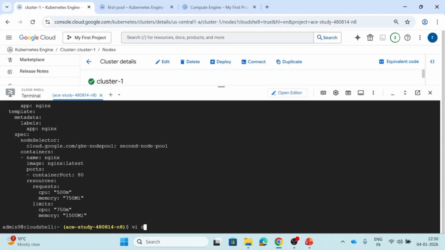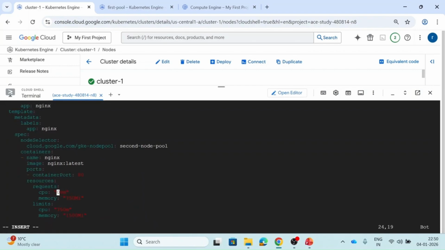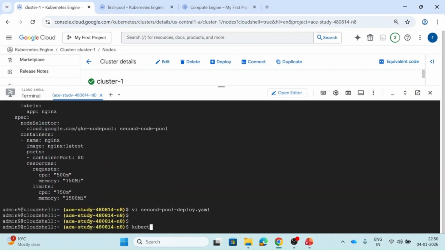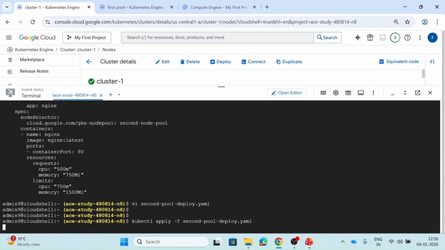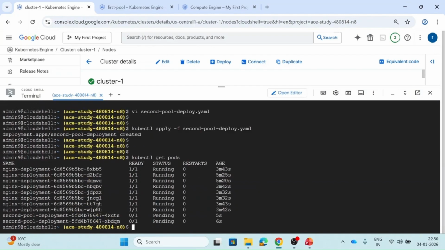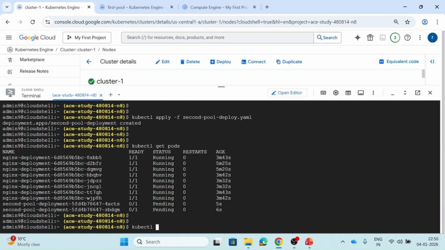So if I do second node pool, let me change this to 200M, and now let me deploy this: kubectl apply -f second pool deploy.yaml. If I run kubectl get pods, it will be in pending state only. We can see both are pending. And if I run kubectl describe pod,